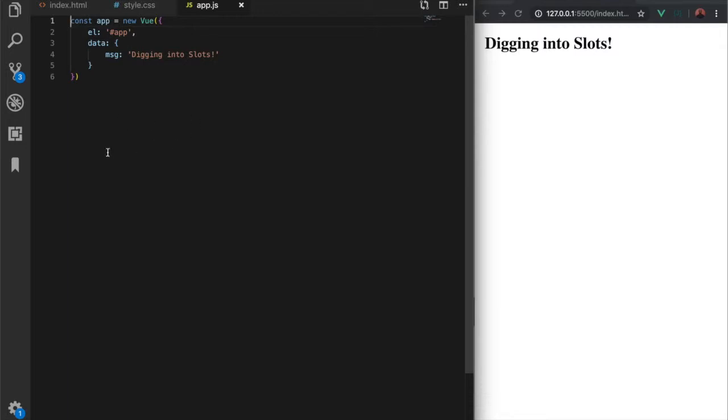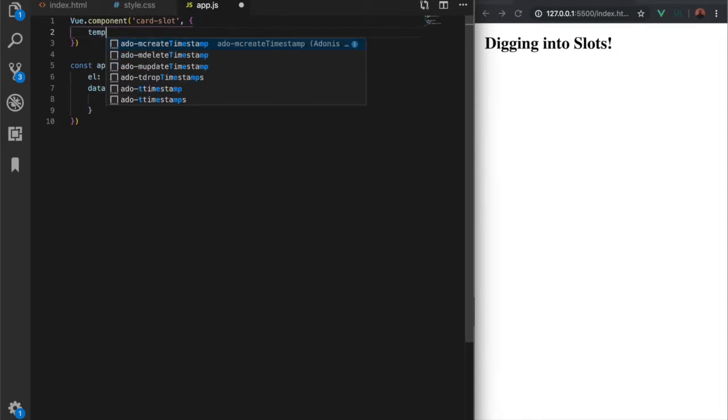Inside your app.js file, I'm going to create a new component. Just like we did in our previous tutorials, I'm going to say Vue.component, and inside the parentheses I'm going to put the name of the component, which I'm going to call card-slot, and then I'm going to pass an object to it. Inside this object, for right now, I'm just going to set up a template